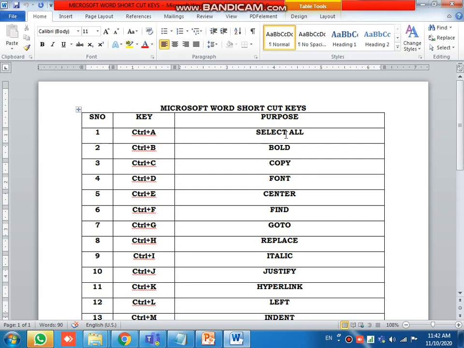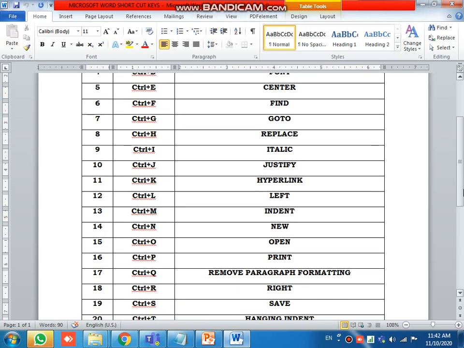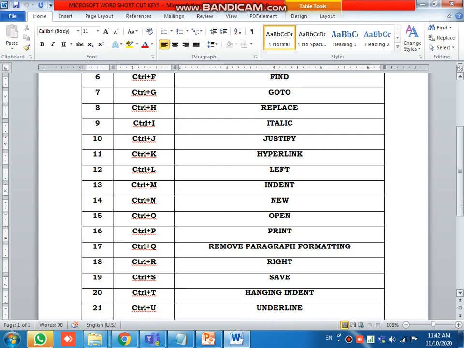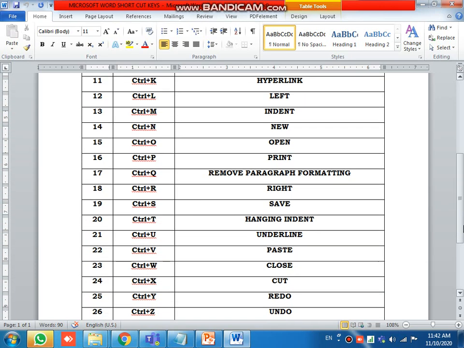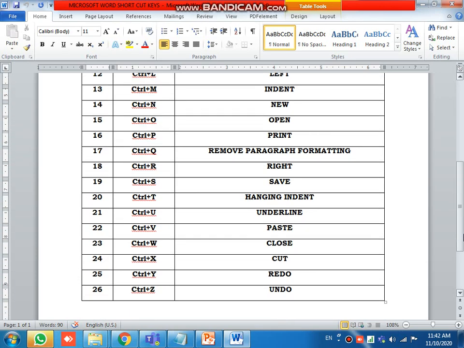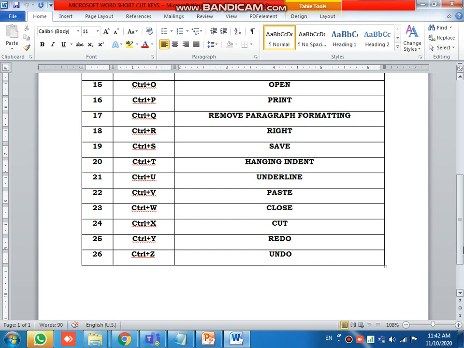See here, Control plus A means select all, B means bold, C means copy, D means font, E for center, F for find, G go to, H replace, I for italic, J for justify, K for hyperlink, L for left, M for indent, N for new, O for open, P for print, Q for remove paragraph formatting, R for right, S for save, T for hanging indent, U for underline, V for paste, Control plus W close, X means cut, Y means redo, Control plus Z means undo.